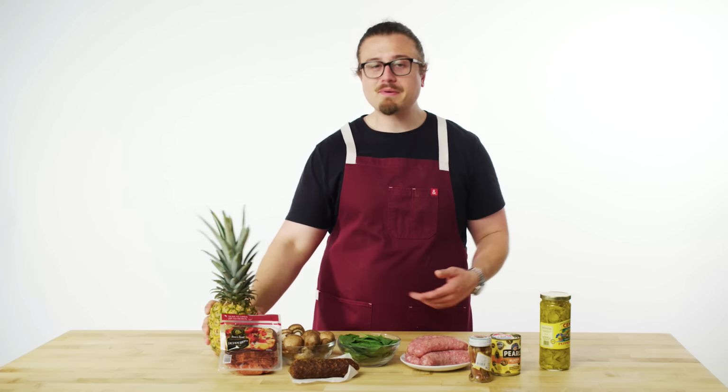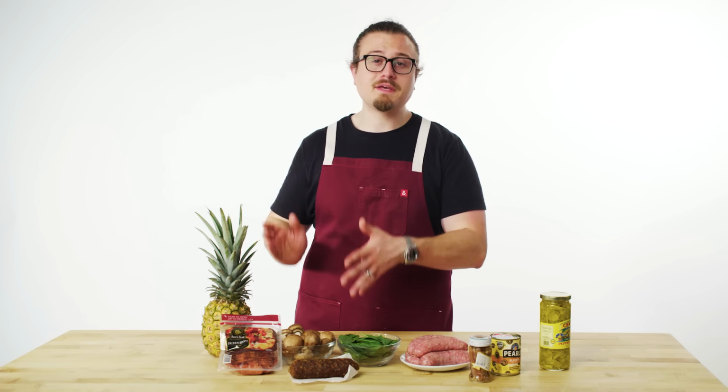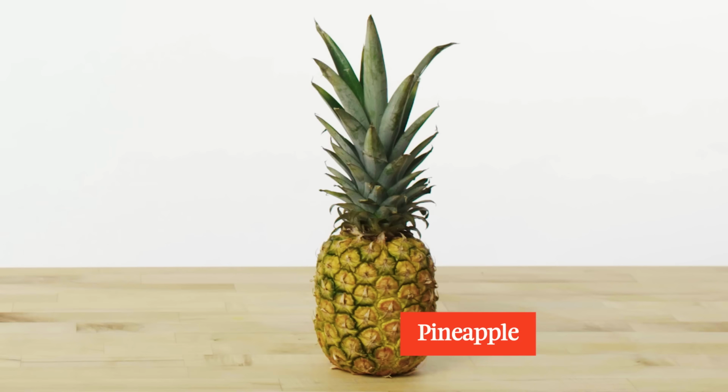Look, I know it's a big debate, but I'm a big fan of pineapple on pizza. Salty sweet, the acidity helps cut the richness, it's good. Now, this isn't going on my perfect pizza because my perfect pizza is very classical and highly